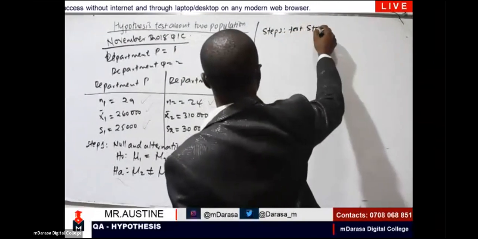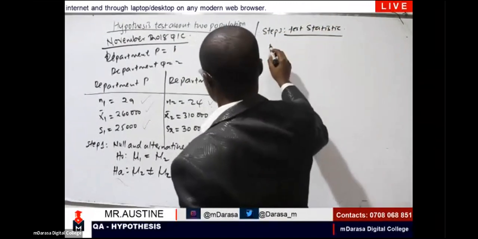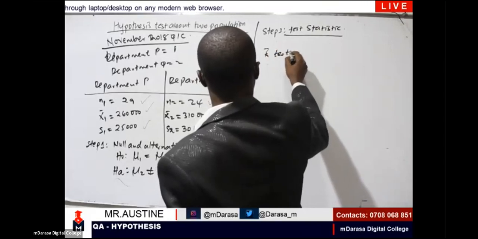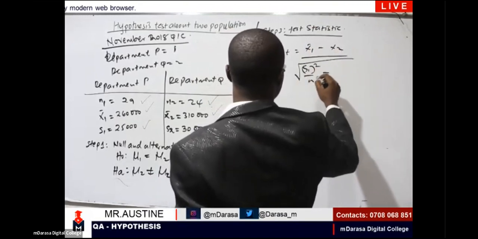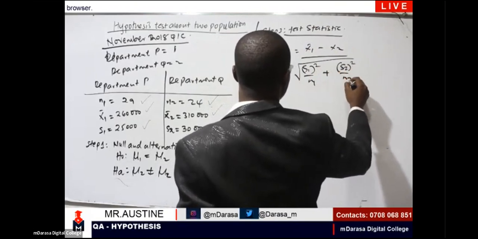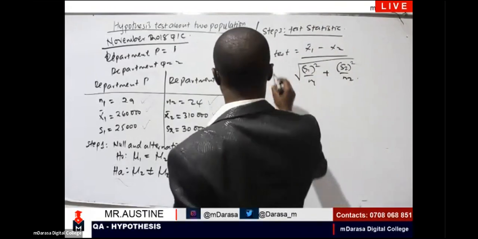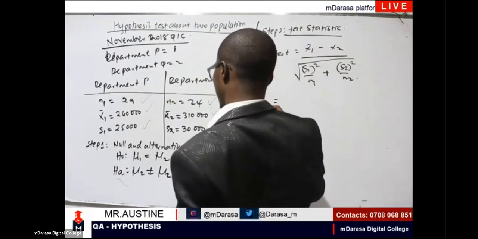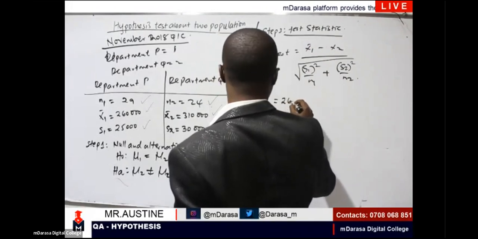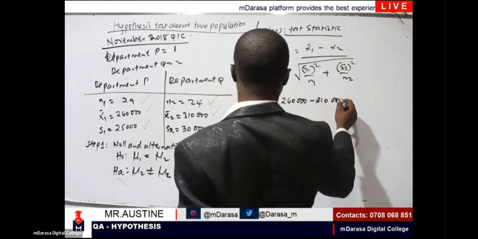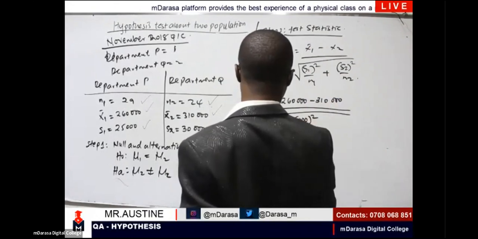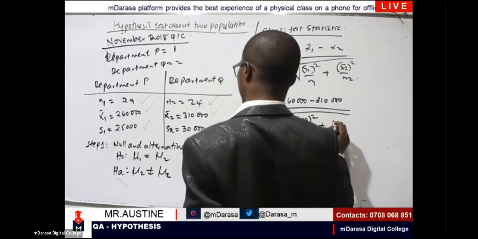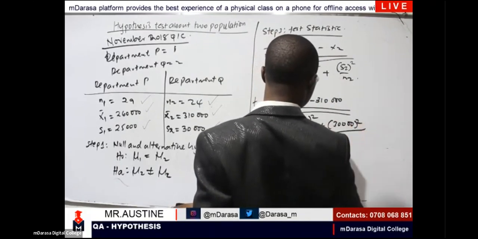Test statistic. So the test statistic will be given by the t-test, which is the difference in means over the square root of S1 squared over N1 plus S2 squared over N2. So this will be its t-test. So this is 260,000 minus 310,000 over the square root of 25,000 squared over 29 plus 30,000 squared over 24. So the t-test will be given by